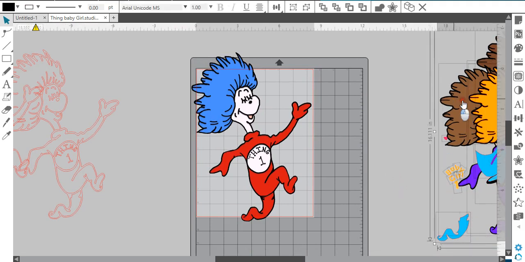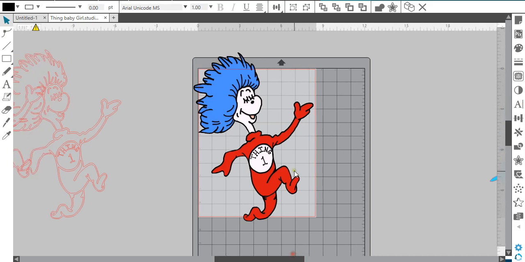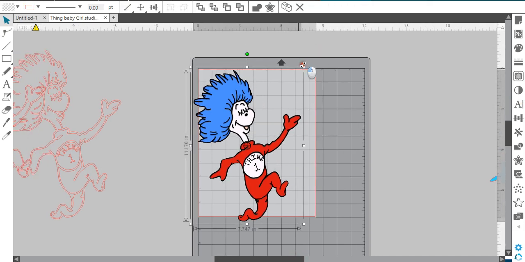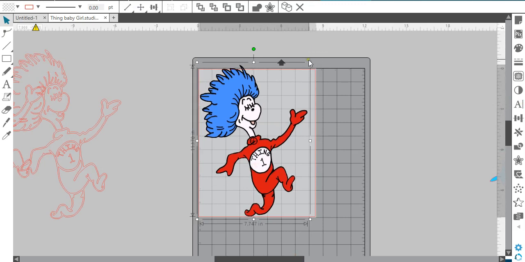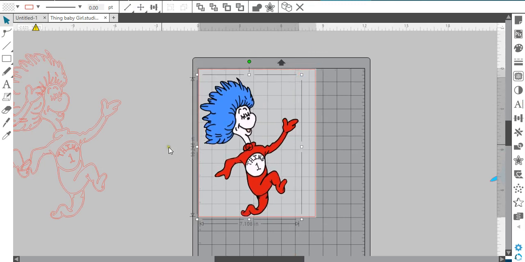So I'm just going to move this stuff over here because I don't need it. Once you get your image in, you have to get a good clip art that has these lines like this. You can see the separation of the lines. You can see the outline at the break between the top of his shirt and the bottom of his shirt pants is not connected to the top part. That is awesome. And also here, when you see a breakage where you see the black line in between both of the images, that's a good image. And also with the hair and the face, you see the outline of the image. Those are great